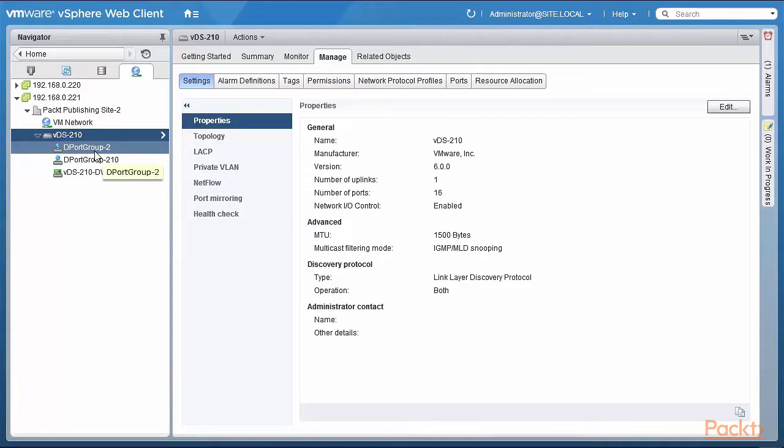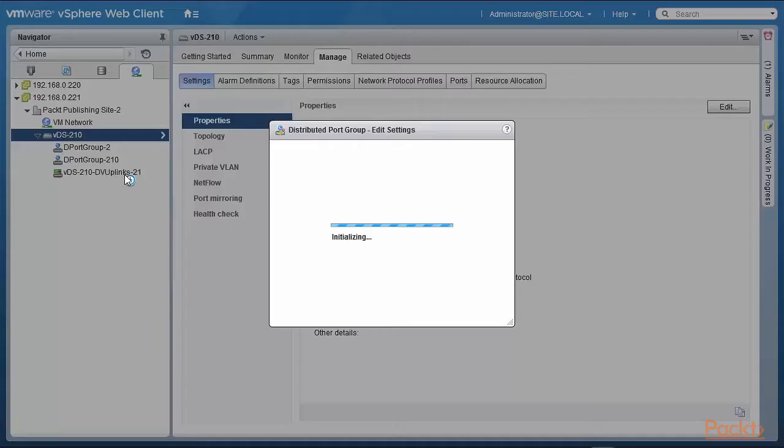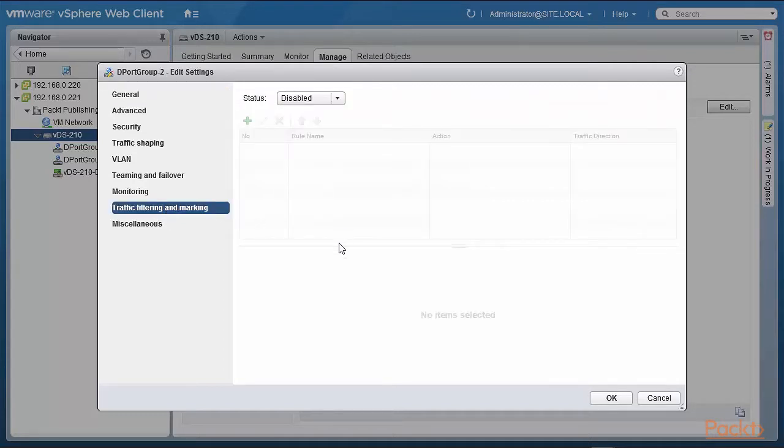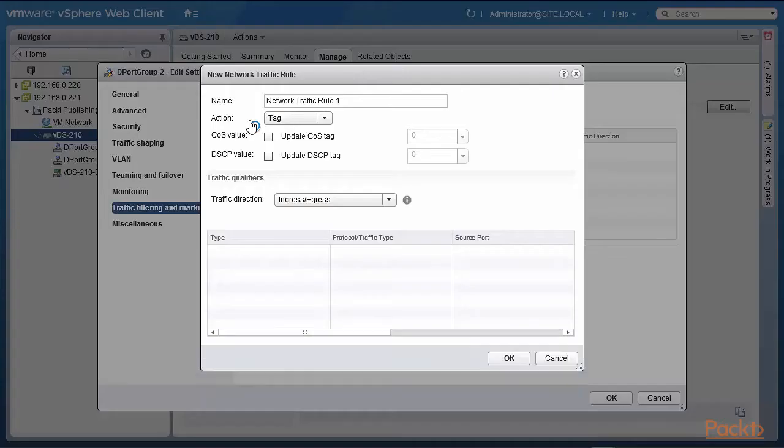Let's look at port group 2. I right click on that, edit settings, and we see traffic filtering and marking right here. I'm going to click on that. Its status is now disabled. I am going to enable the status first, and now we have the ability to create a traffic rule. So I'm going to call it PACT